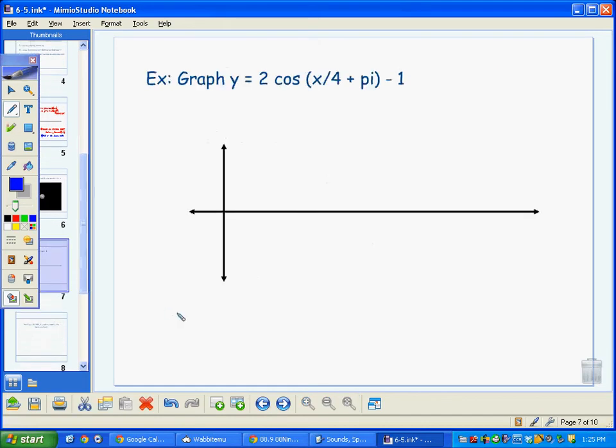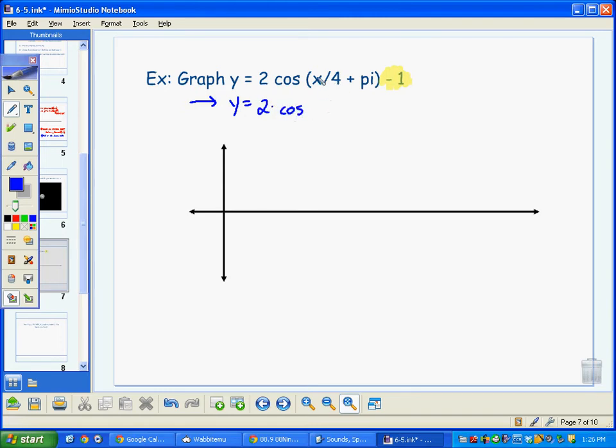So getting to our first example, I'm given this function, y equals 2 times the cosine of x over 4 plus pi, then minus 1. This part on the end, the minus 1, is new for us. And essentially all that's going to do is at the end we are going to lower our graph by 1 unit. Okay? So I'm going to get this written into our standard form of y equals 2 times the cosine,